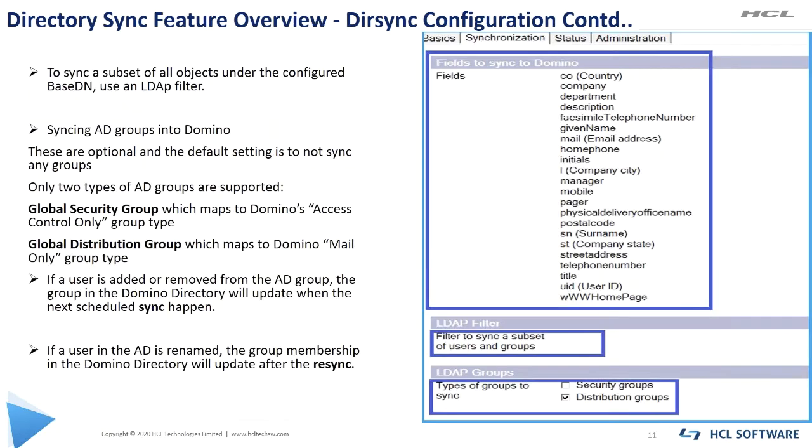Moving to next slide. Okay, now we are on the second tab, synchronization. As you can see from the screenshot here, there are some field values that are updated by default. Use this field to specify which Active Directory person fields or attributes to sync to Domino directory. A standard list of attributes from Active Directory is shown by default. You can add or remove fields from the list. There is a restore default button available if you want to reset to the default fields. This will not remove any field that you added manually.